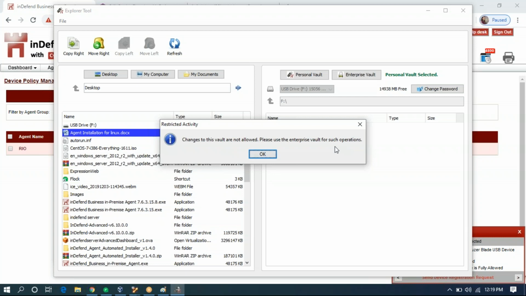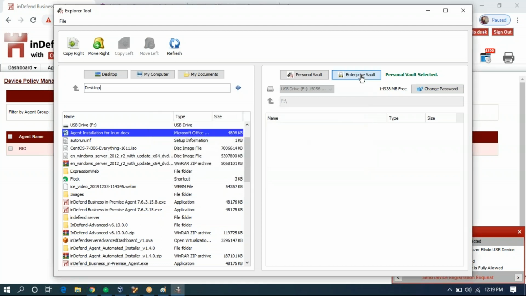As I earlier mentioned, only enterprise vault is enabled by default. You cannot write anything inside this personal vault because whatever data you write inside the personal vault can be accessed from non-organization computers with the help of a password. So this is disabled, and whatever you have transferred inside this enterprise vault can only be accessed from the organization computers with the help of a password.